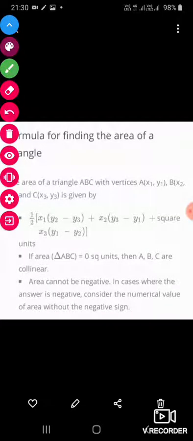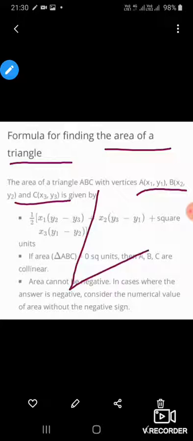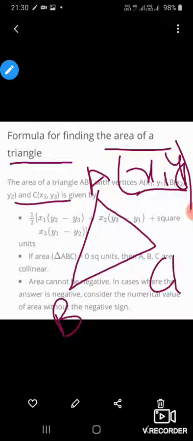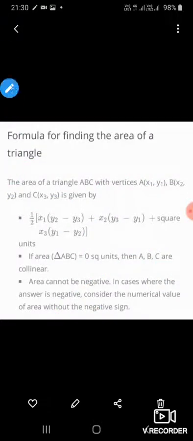Class, today we are going to learn the new formula, that is to find the area of the triangle in which the coordinates of the triangle are given. Suppose you have a triangle with sides A, B and C, and you know the coordinates x1, y1, similarly x2, y2, x3, y3. Then what you are going to do is apply